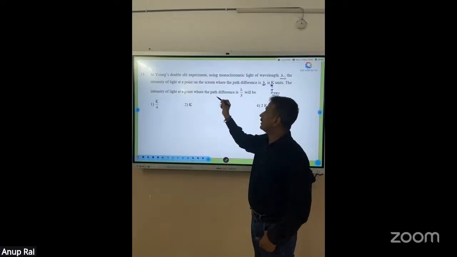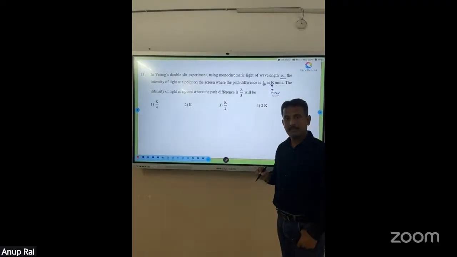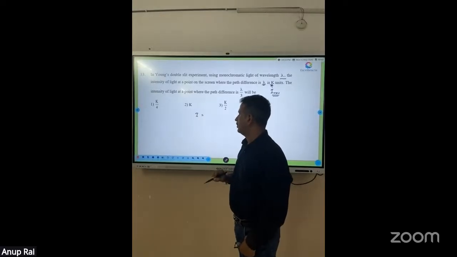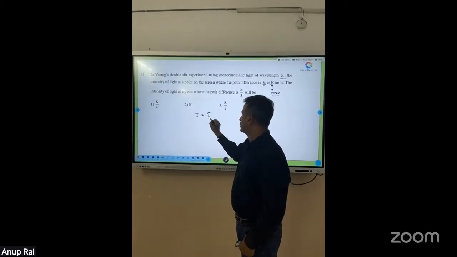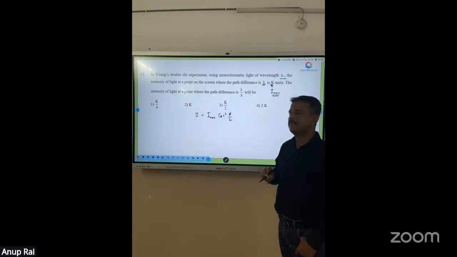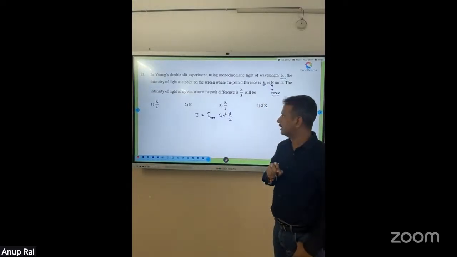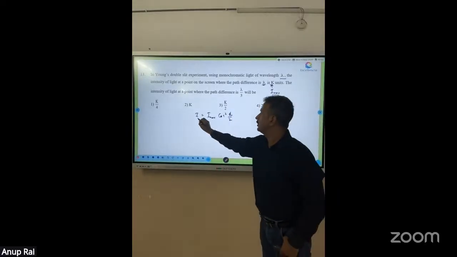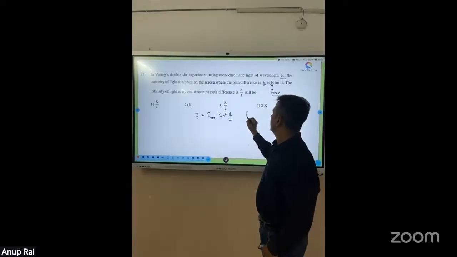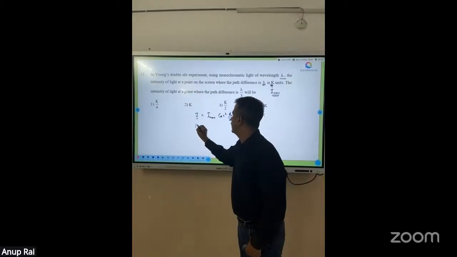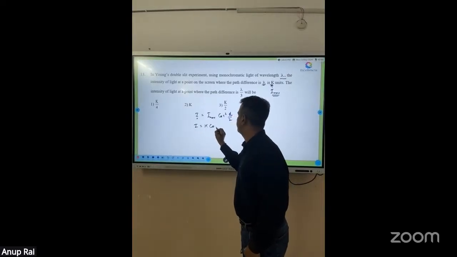So this is the maximum possible intensity on the screen. The intensity of light at a point where the path difference is lambda by 3 will be? So we know that intensity at a general point is equal to the maximum intensity on the screen times cos square phi divided by 2, where phi is the phase difference at that particular point on the screen. So we need to get the phase difference to calculate the new intensity. And here from the question, I max is equal to k. So I can write I is equal to k times